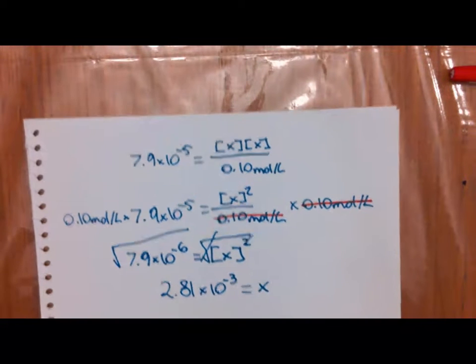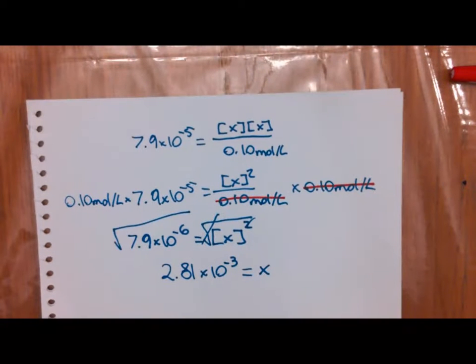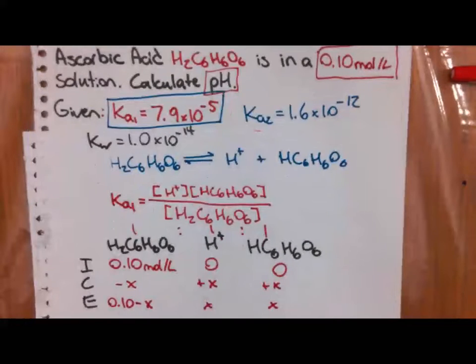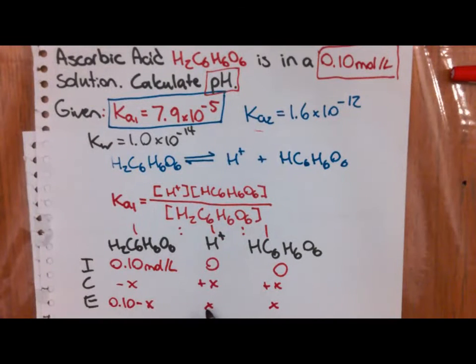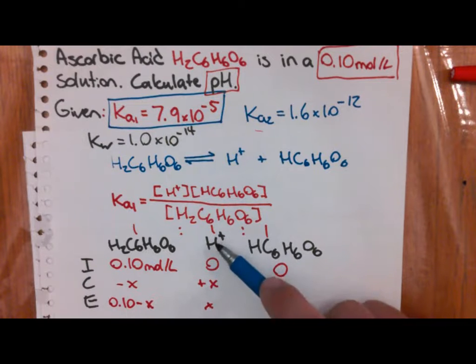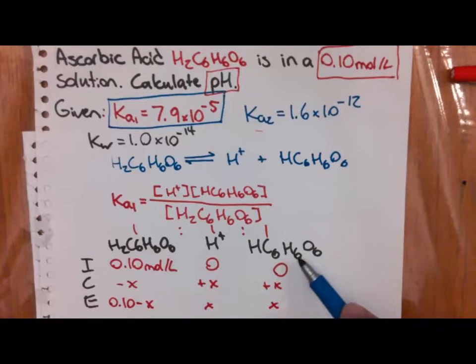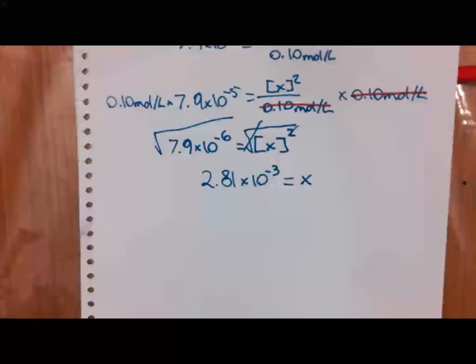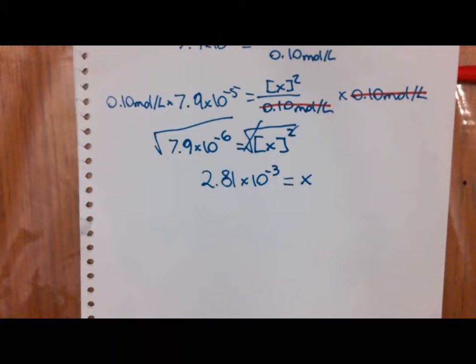Now this is important because if we look back to our ICE table that we created, that x value down here is going to equal our equilibrium concentration for both H+ and HC6H6O6. All right. So now what we can do is simply use our pH calculation